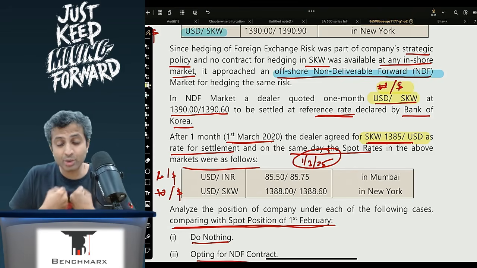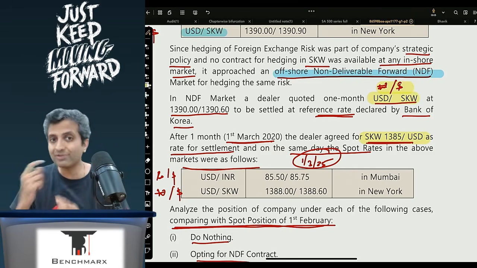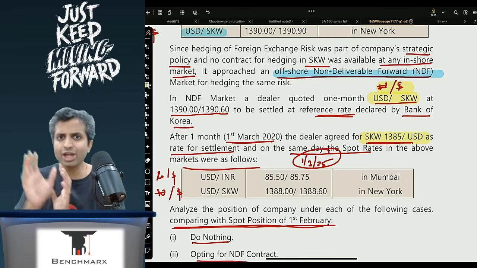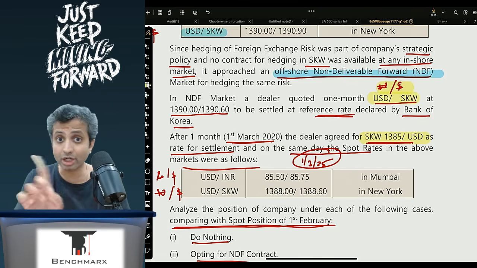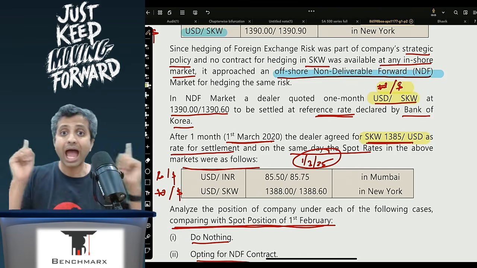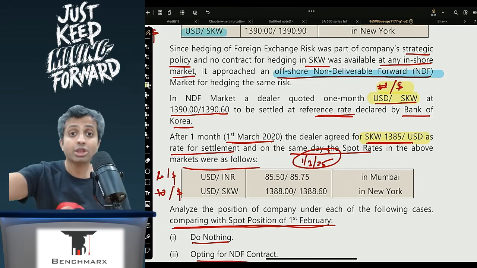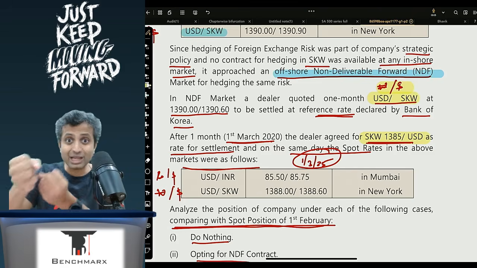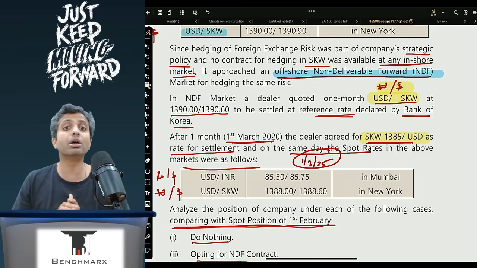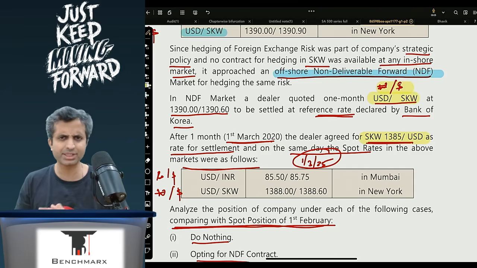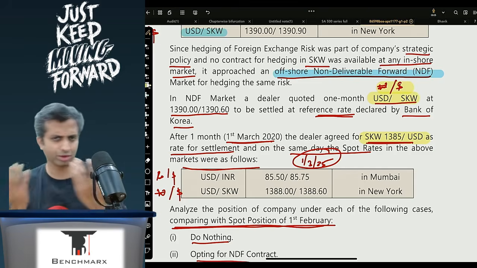What does XYZ as a customer do with the dollar? Thereby, what will the bank do with the dollar? Now, if I have to formulate the strategy, I know as an importer, I want to buy the won, not the dollar. Again, recap, listen, as an importer, if I want to do hedging, I want to enter into a position whereby the won will come to me. That is, I want to buy the won. However, the rates are not given on a per won basis. They are given on a per dollar basis. One option is you take an inverse and solve. Institute has not done that, but you can very well do.